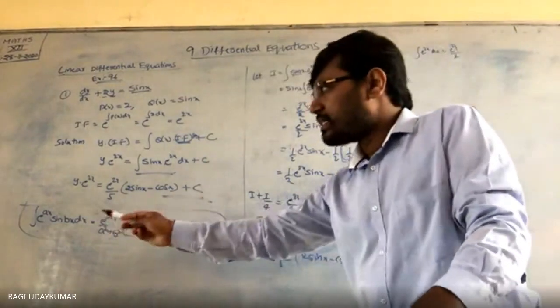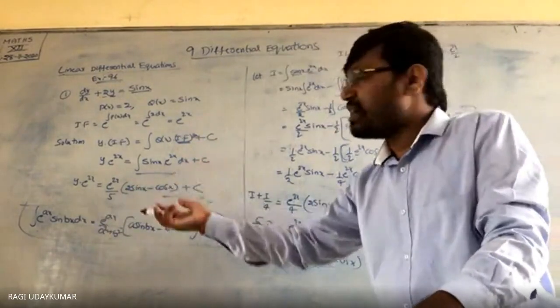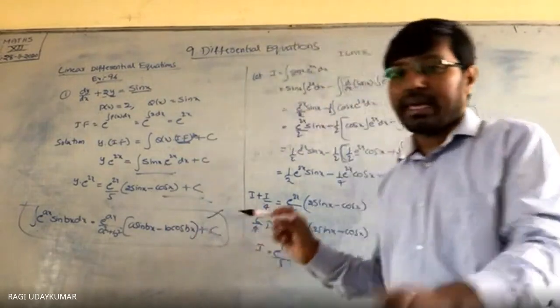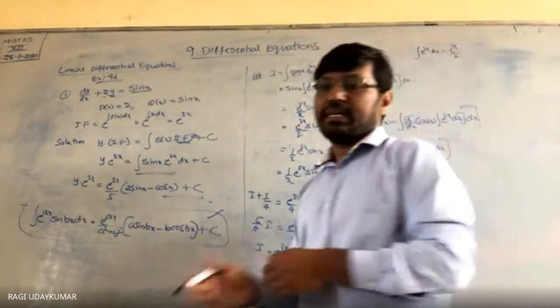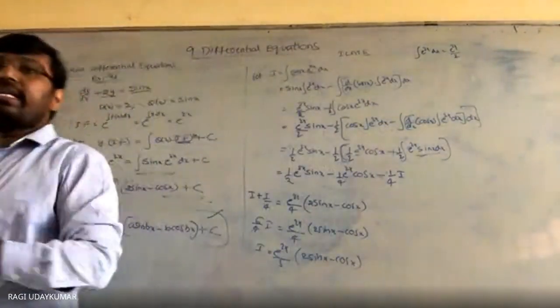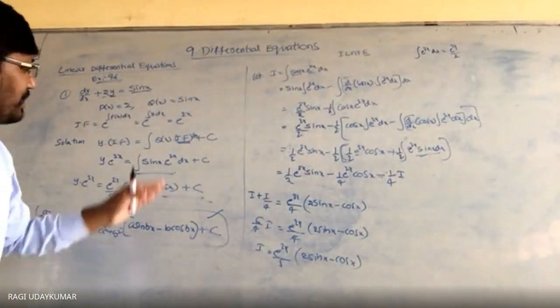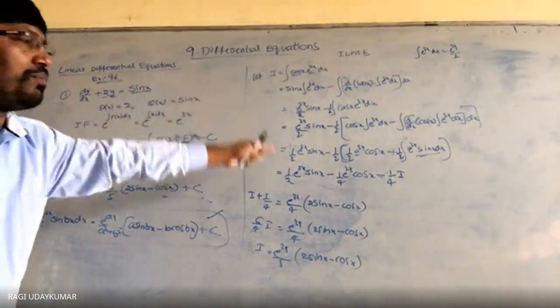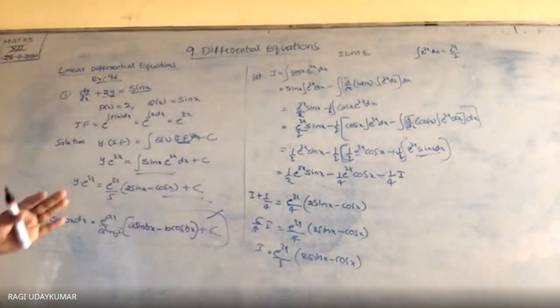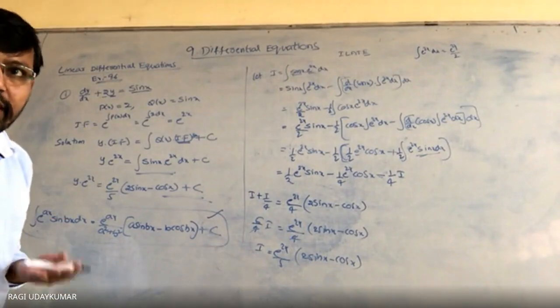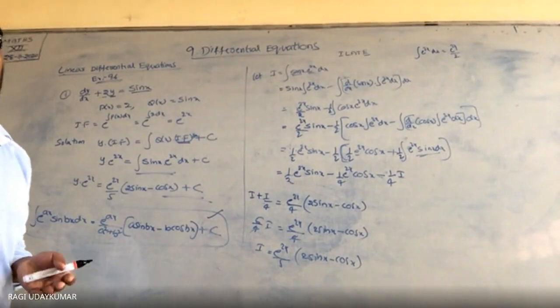And e power ax sin bx, e power ax cos bx also will be there. How do we get the solution? If you solve these two once and keep them, they will sit in your mind. So it is useful to you in your future also. So this is the way. See here, integration only more. The method is very simple here. Every problem is going to have a different, unique method.